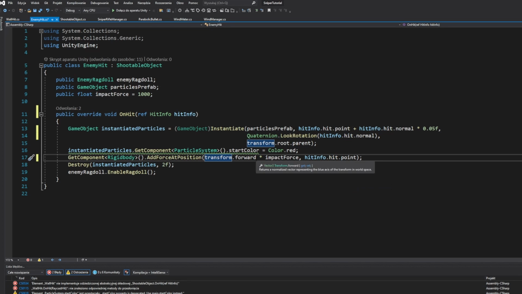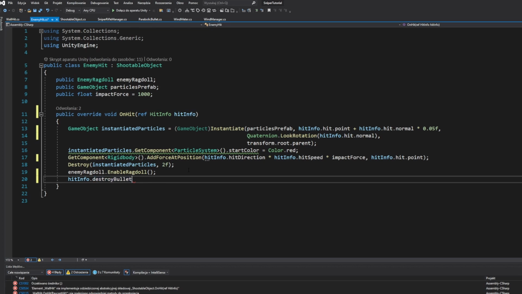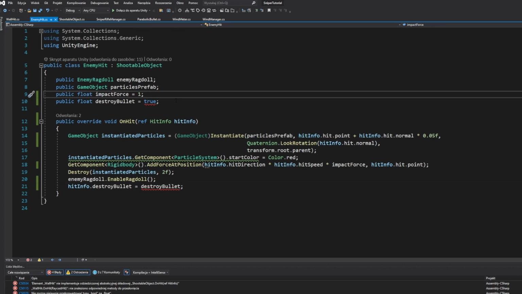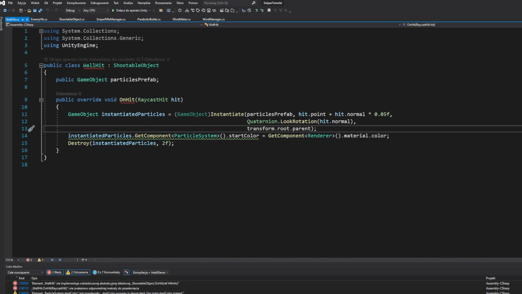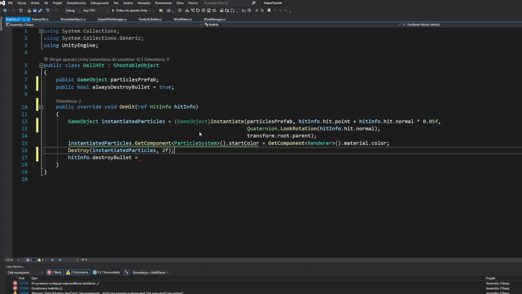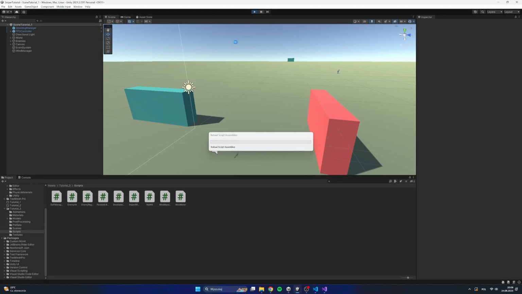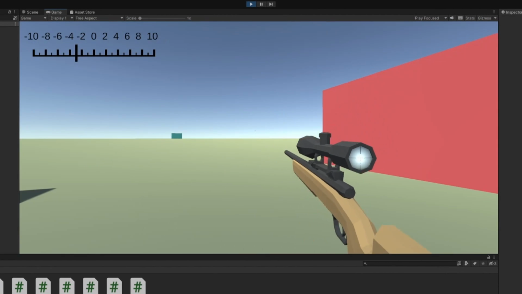Inside the EnemyHit script, we can now use hit speed and hit direction variables to correctly apply forces to the ragdoll of the enemies we have hit, and we can make a parameter that will specify if we want to destroy the bullet object on the impact. Similarly, we have to modify other scripts that inherit from the ShootableObject class. Now, all the errors have disappeared, and everything works fine, except that now, when we shoot our opponent, he explodes